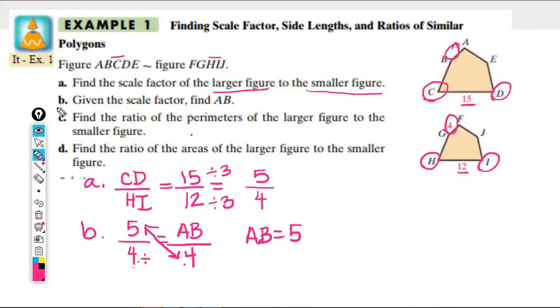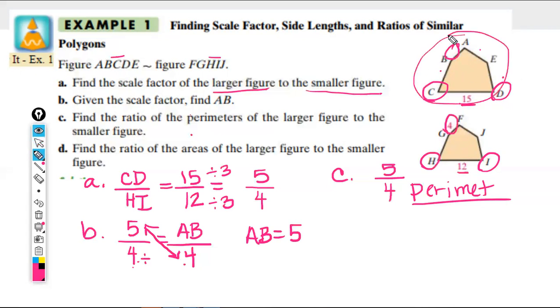Then we want to find the ratio of the perimeters of the larger figure to the smaller figure. That's the same as the scale factor. So that works for the perimeters as well. I don't think I'm spelling it right, but whatever. And so that would be like if we knew all of the sides of those figures, I could add them all up, get the perimeter, add up all the sides on this one, get the perimeter, and if I compared it,